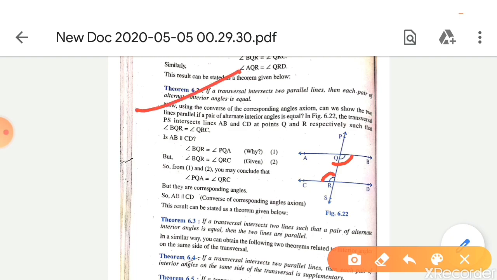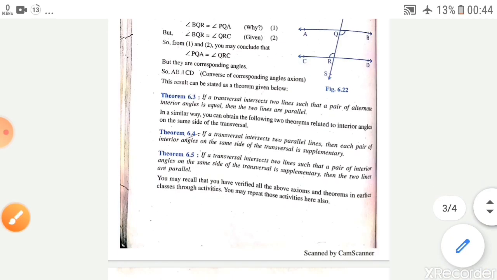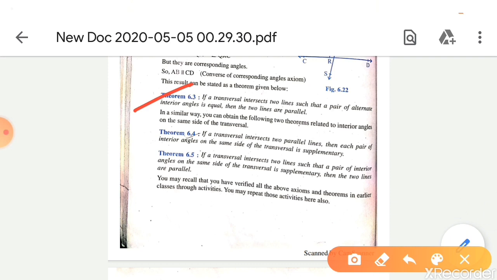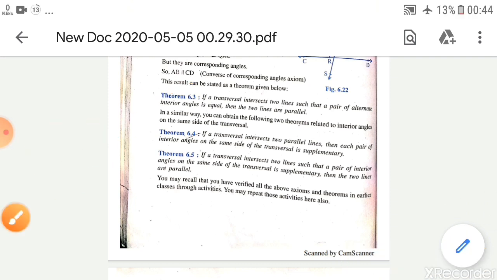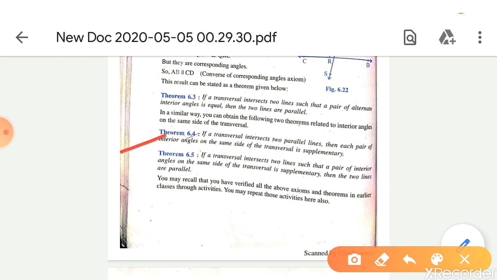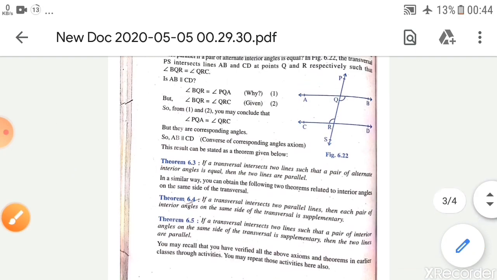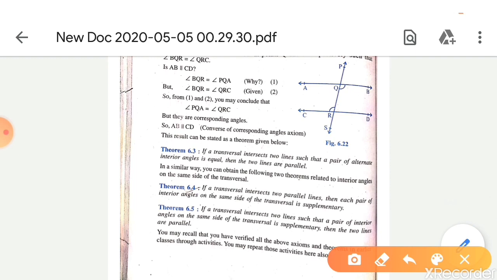Okay. Theorem 6.2 is important. Now see theorem 6.3 is nothing but the reverse of 6.2. Now see theorem 6.4. This is important. If a transversal intersects two parallel lines,